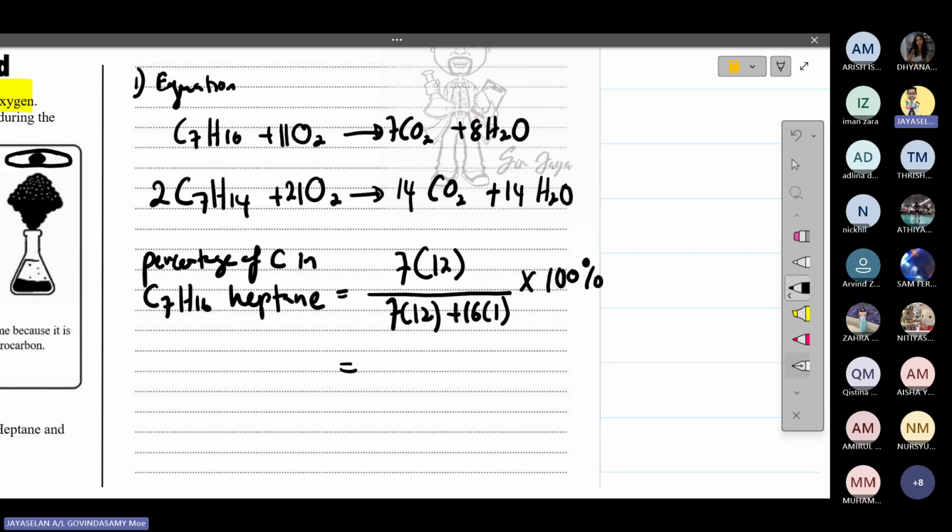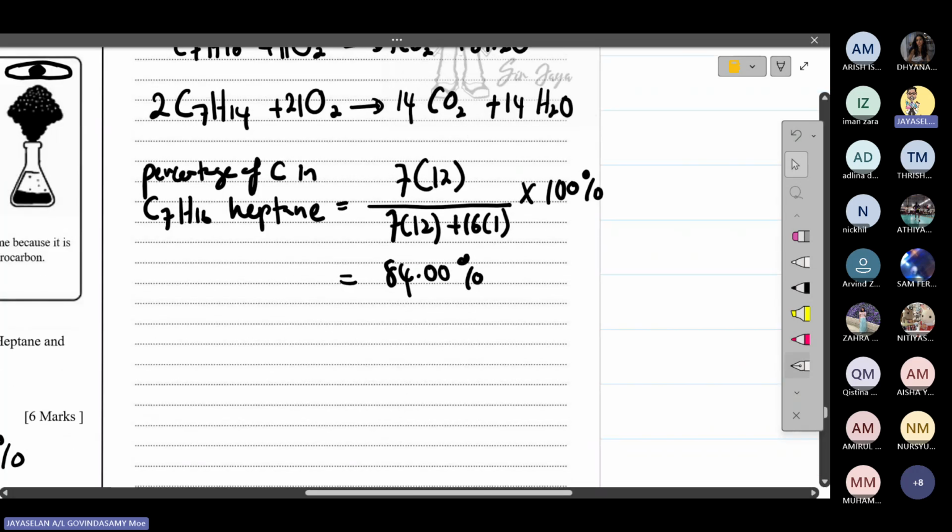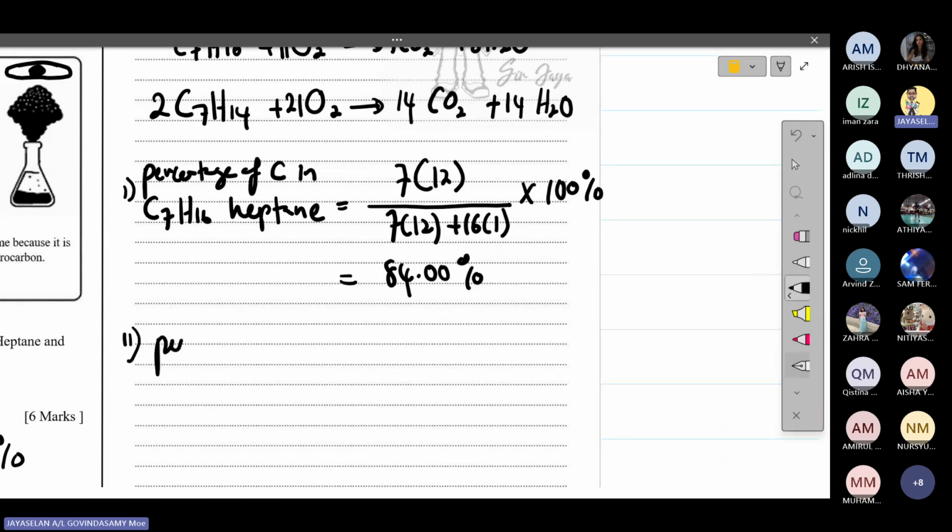Anyone? Who got it? 84%. 84 plus 16. Okay, very good. So you get 84%, right? 2 decimal points, so put like this. So heptane got 84% of carbon. So number 1, you already score 1 mark. Number 2, do the same for the heptene. Percentage of carbon in